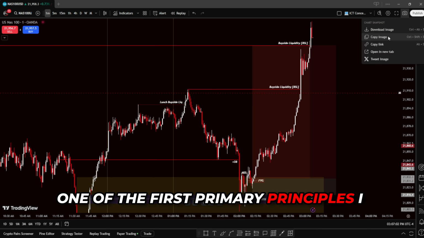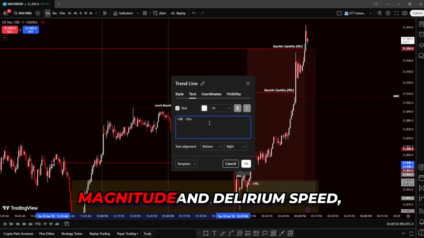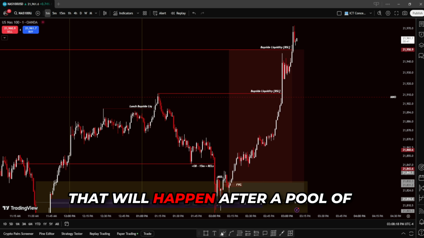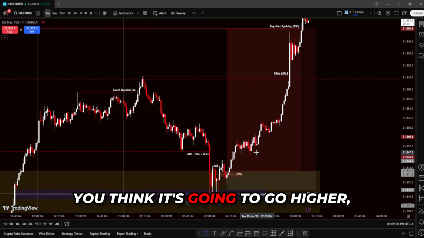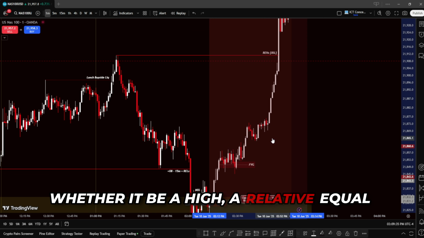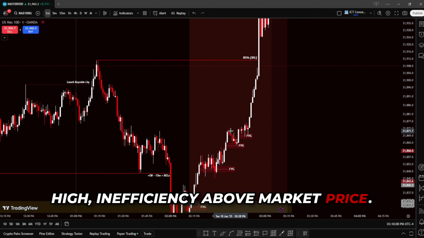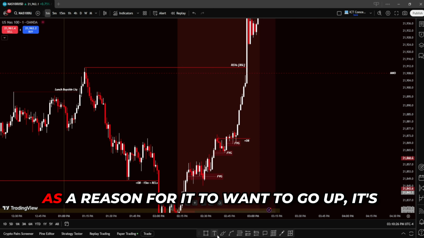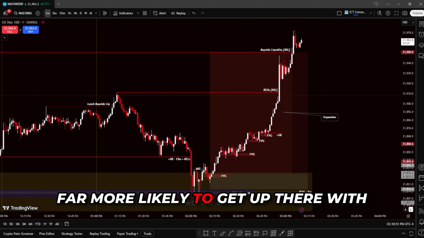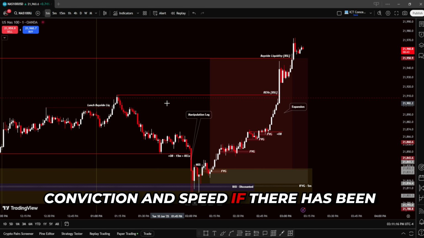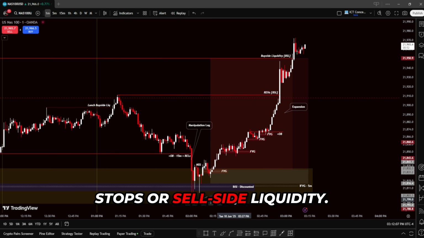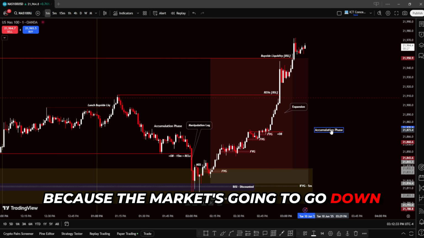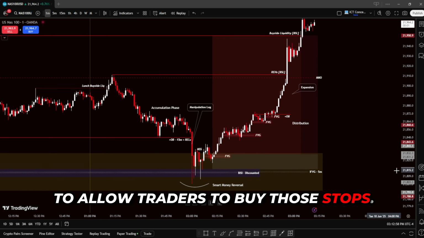One of the first primary principles I taught when I stepped out on BabyPips is that the real move will not happen. The dynamic price runs, where there's magnitude and delivery and speed, will happen after a pool of liquidity is engaged. That means if the market's bullish, if you think it's going to go higher, and it's going to draw up to some level, whether it be a high, a relative equal high, or an inefficiency above market price, whatever is up there that you're framing as a reason for it to want to go up, it's far more likely to get up there with conviction and speed if there has been a short-term run on liquidity below the marketplace, in the form of stops or sell-side liquidity, because the market's going to go down to allow traders to buy those stops. What traders? Smart